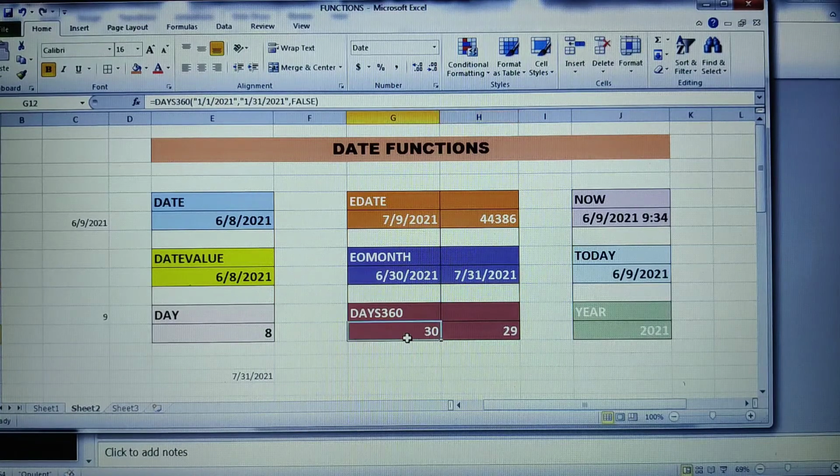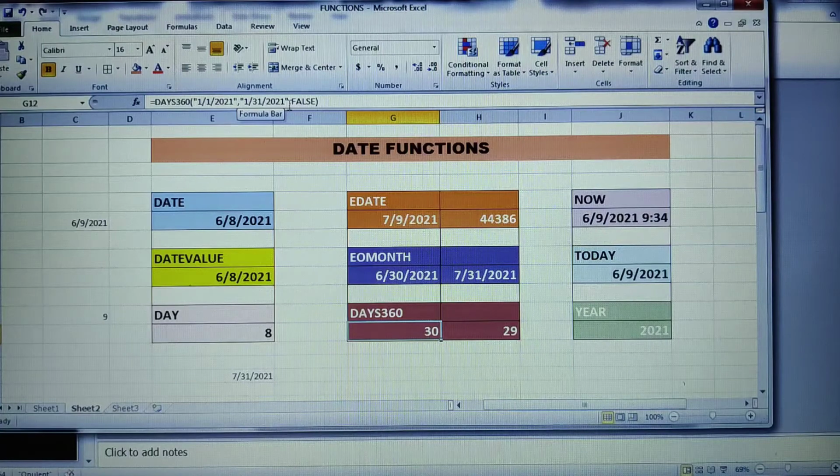Now DAYS360, I have placed the cursor here. For DAYS360, I should give the start date, end date, and a method. The start date is from where I want to count the number of days between the 2 dates. That is the usage of DAYS360, wherein your year is based upon 360 days. The start date I have given is 1st January 2021, comma, and the end date is 31st January 2021.